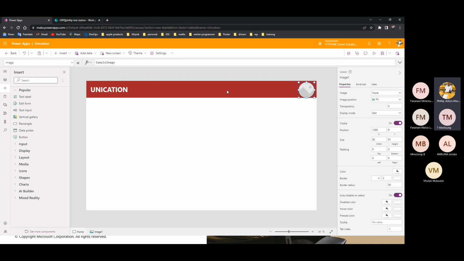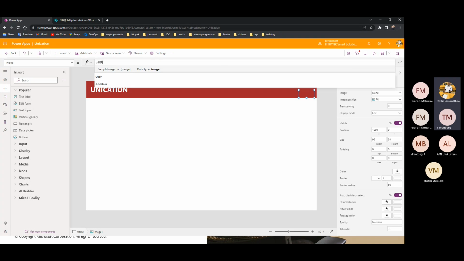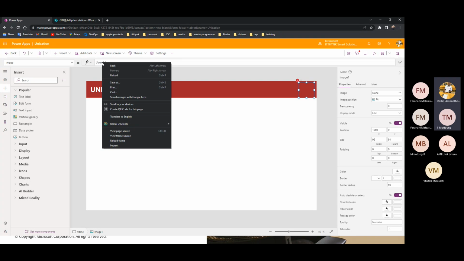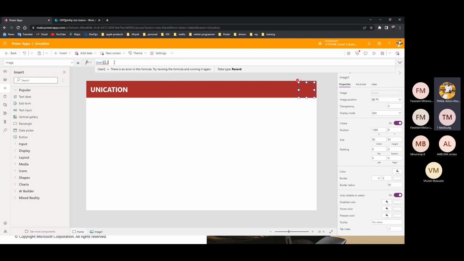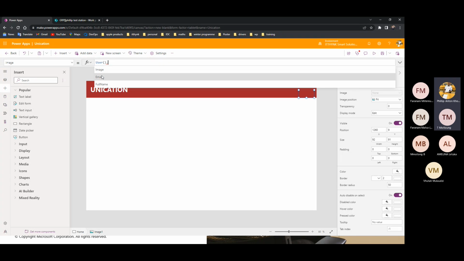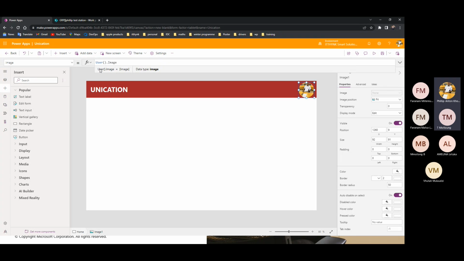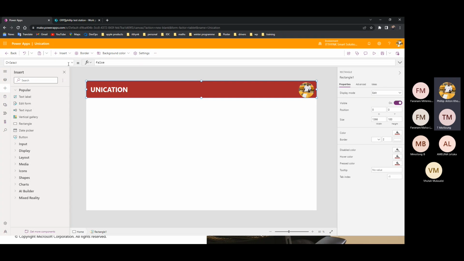We use the user function. We have looked at personalization. You just say user. Ooh, yes, and then I'll just say dot, and then I can get image. And there you have it. There's my image there, and then we're going to have another